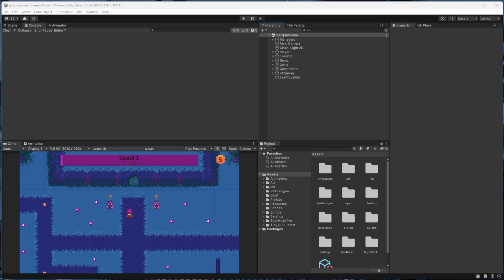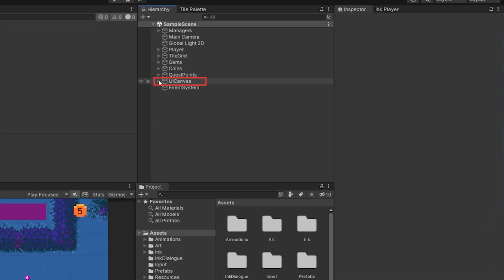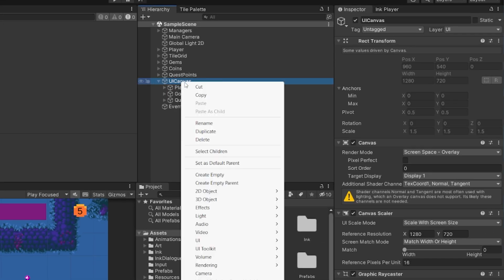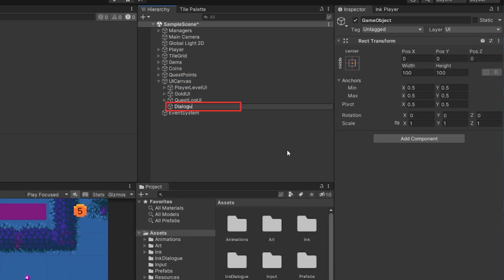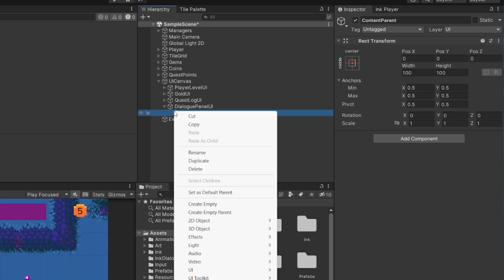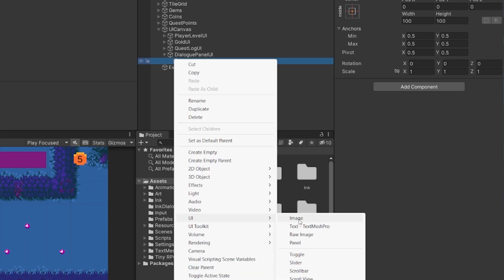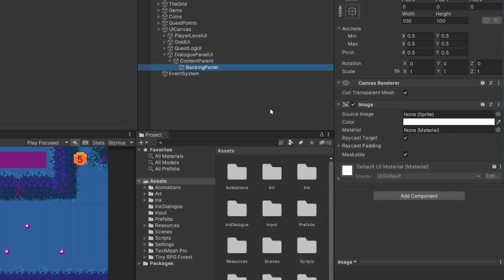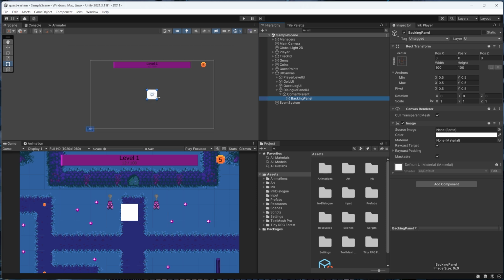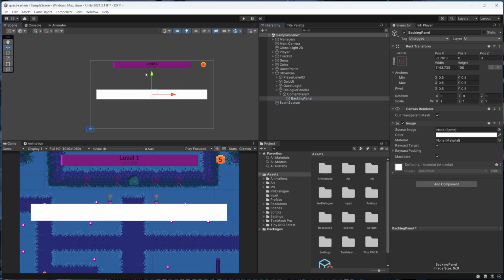Next, back in Unity, we're going to create a really simple dialogue panel user interface that's going to display the dialogue to the player. So under the UI canvas in the scene hierarchy, we'll create an empty game object called dialogue panel UI, and then under that, we'll create another empty game object called content parent. Then under that, we'll go to UI image to create an image and call that backing panel, and we'll resize that for how big we want the dialog panel to be and position it at the bottom of the screen